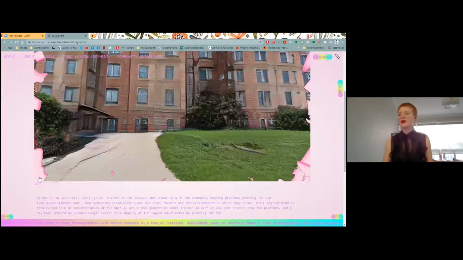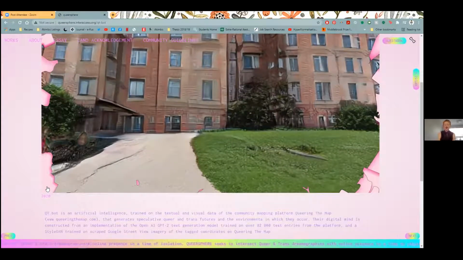I will throw the link in the chat as we move into the discussion, because I think it's something that everyone who's interested in this kind of digital placemaking should check out if they haven't yet. But QutieBot is an AI production from an AI trained on those data points in Queering the Map.